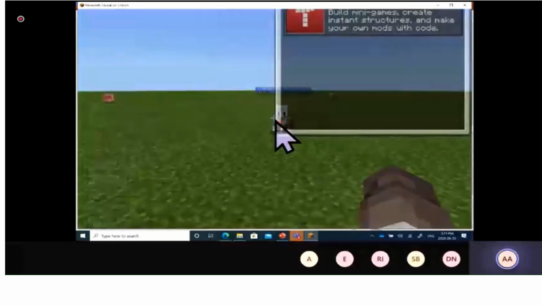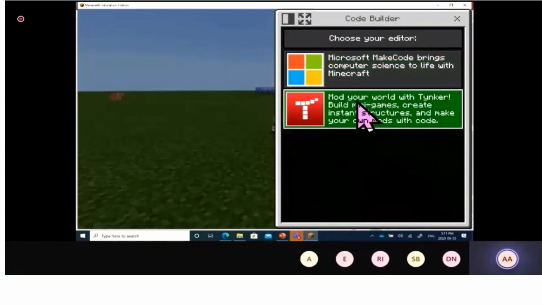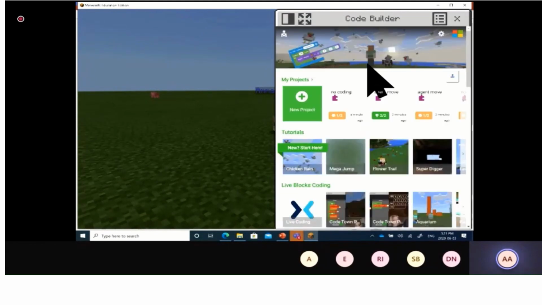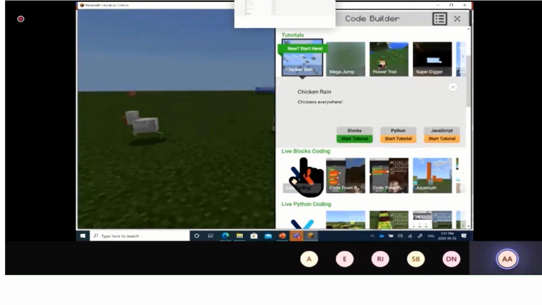When you press C and start a coding engine in a regular world, notice when you press C, it launches which code engine you want to use. I'm going to select Microsoft MakeCode. After I select that, any projects I've built before are automatically saved on the top, and we have a bunch of tutorials available for you. Chicken Rain is probably one of my favorites. Once I select Chicken Rain and launch it live,